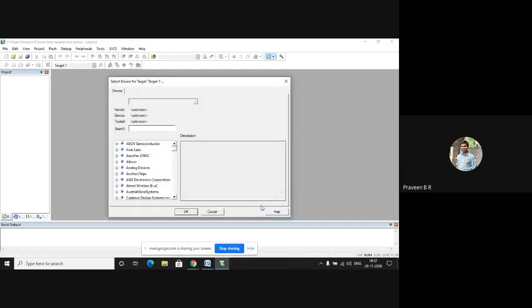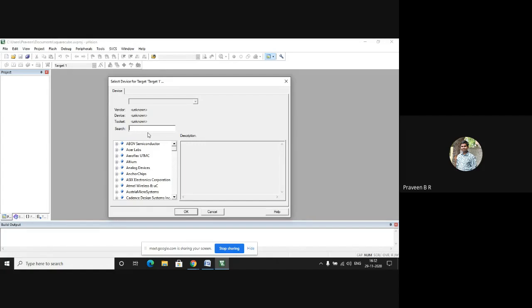It will ask you to choose the device with the vendor name. The vendor name here we choose is Microchip, and the device we choose here is AT89C51ED2, which is compatible with the Keil Microvision software for 8051 programming.